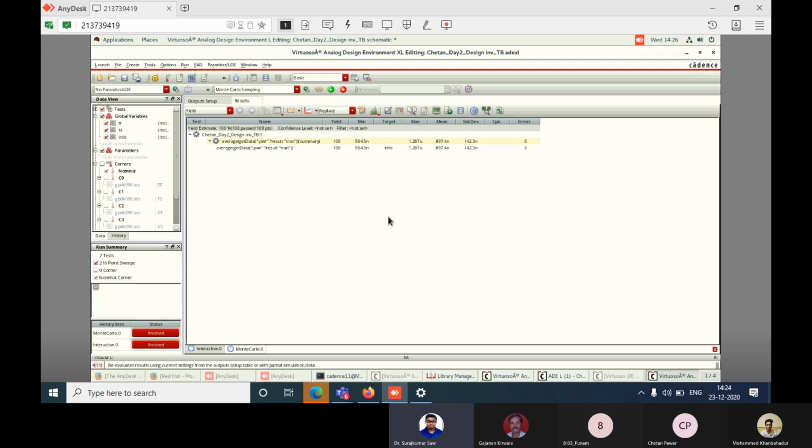So in the process voltage temperature, meaning process variation temperature, we can vary the process values like VDD, rise time, fall time, as well as we can also vary the temperature, so as to check the final effect at the output. Okay, we'll wait for some time for the result, then we will compare.